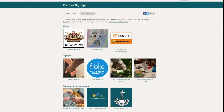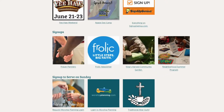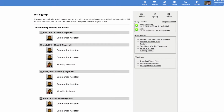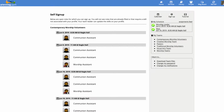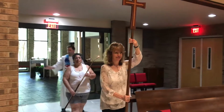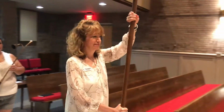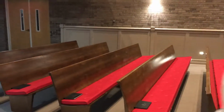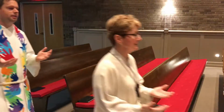When you want to be an assisting minister, either sign up on worshipplanning.com or arrive early to see if the service you are going to needs an assisting minister. The first thing you should do when you arrive early for worship is let the pastor know that you are there and ask if there are special things for you to be aware of during this service, such as a